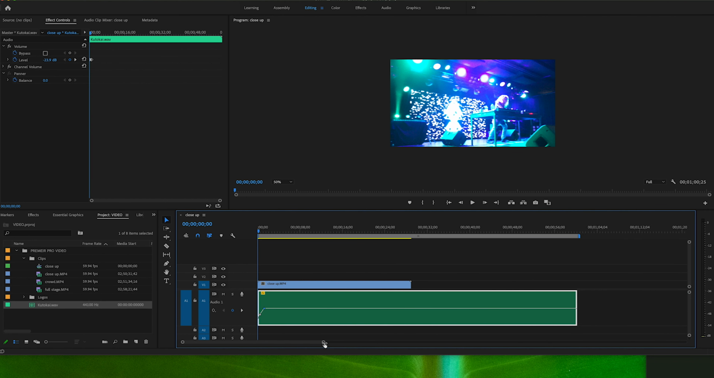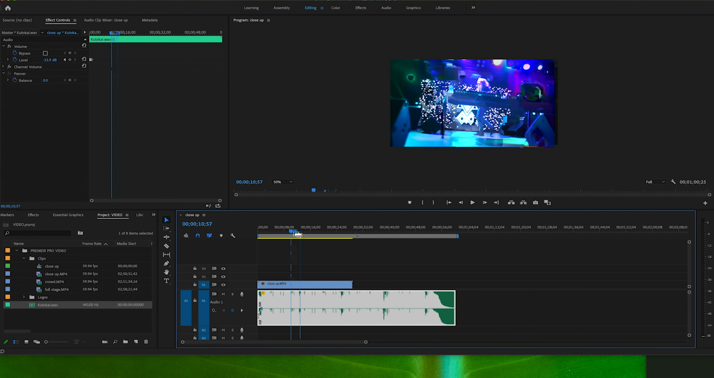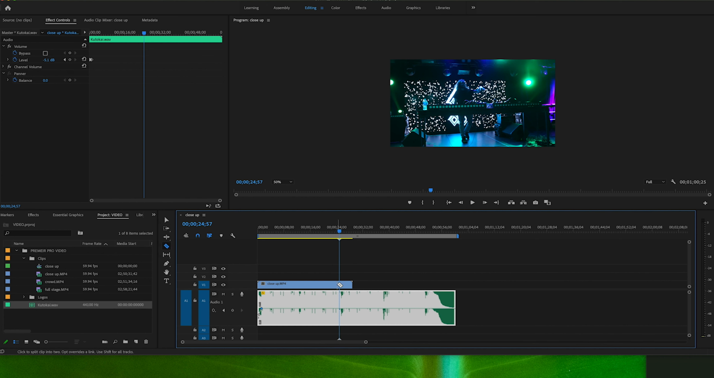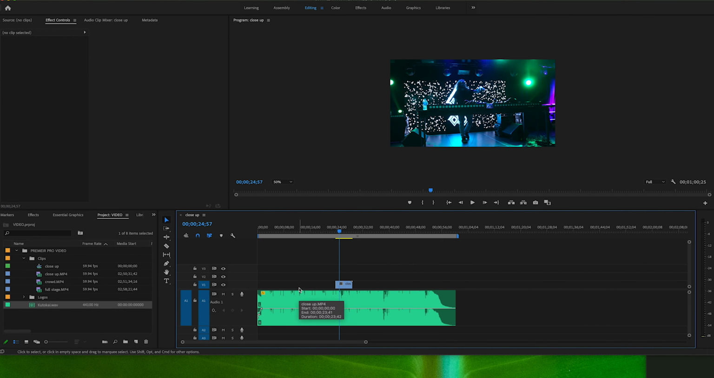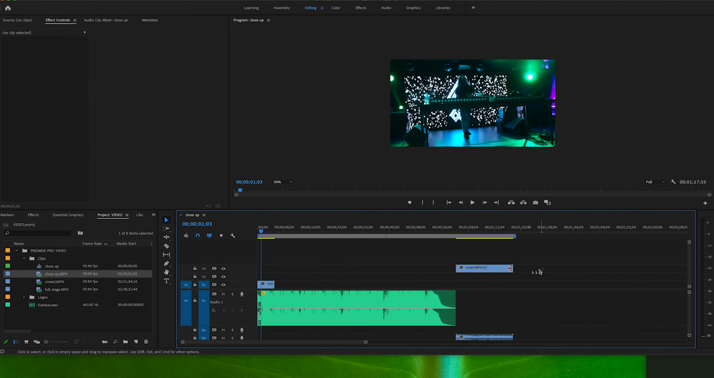Now I'm going to zoom back out, and I don't necessarily need this whole video clip, and I kind of just want this last little piece of it. So I'm actually going to cut this video with the razor tool, and then with the selection tool, select this first part and delete it. I'm going to drag this video clip to the beginning, and I'm going to actually bring in the rest of